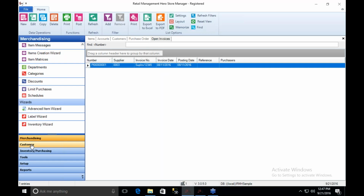Perfect. We're getting some good questions here. Another one that we had come in is, once we move to Retail Hero, can we still move to the bigger Microsoft products later? Yes, definitely. You can transition to the RMH product, and if you're looking with an eye to moving towards the Retail Realm Essentials product,